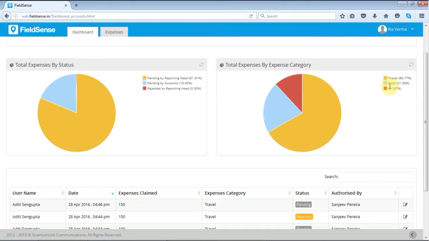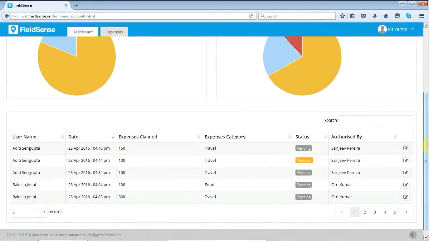You have travel, food, and this is the miscellaneous. So all this will give you a pie chart or a graphical view of the total expenses, by status or by expense category. If you scroll down a bit, it will show you the list of users who have claimed their expenses, followed by the expense category, the status,